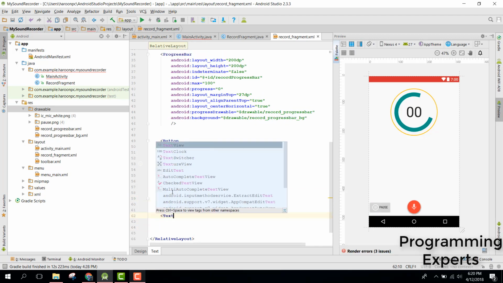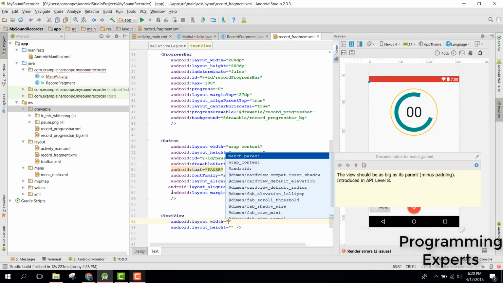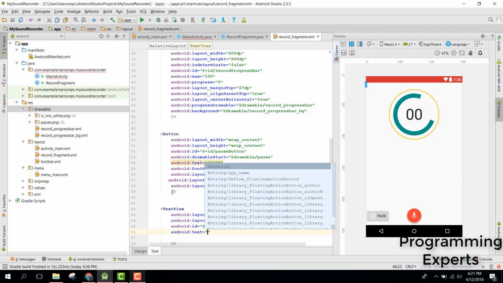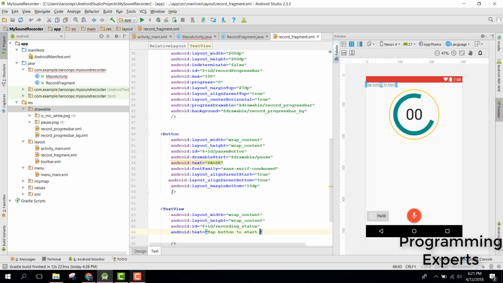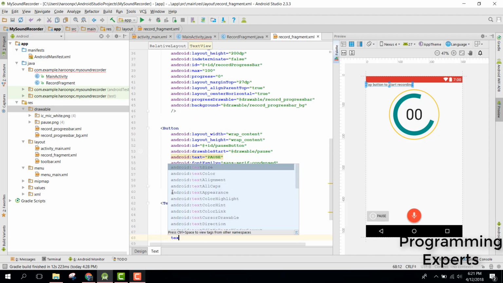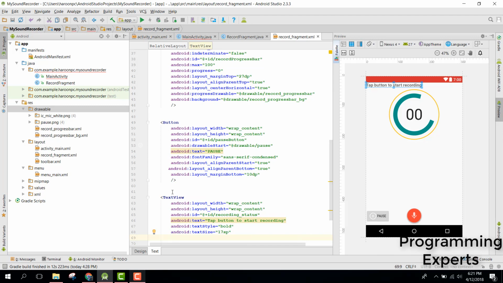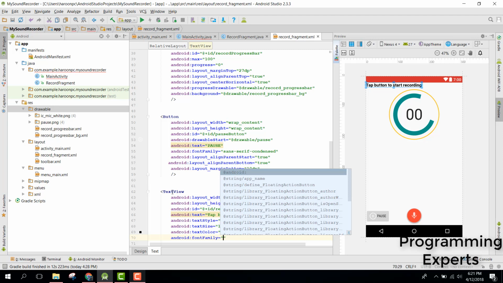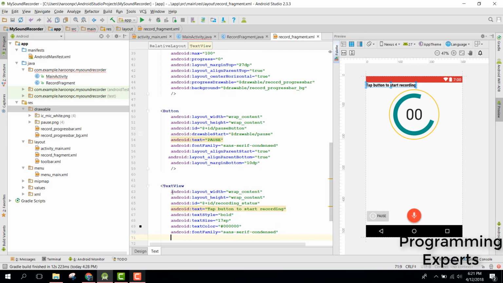of the recording. So we can say text view, and here we will have wrap content, and after that let's change it to recording status, and let's change the text to tap button to start recording, text style bold, text size 17 sp, text color, and font family will be sans serif condensed,